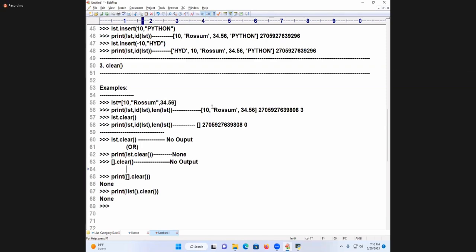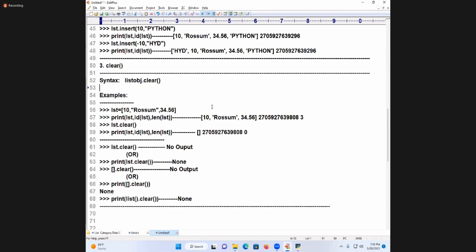Here another way of writing is like this. And this is also one regularly asked question. Right? This is about which function? Clear function. Let me write the syntax here. Tell me, students. list obj dot clear. List obj dot what? Clear. So I am writing, this function is used for